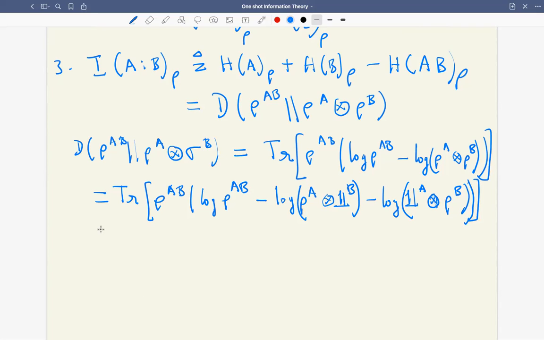Let's explain this step. This is because I know rho A tensor rho B is, this was the property of the Kronecker product of matrices. Hope you recall that. Do you recall this step? Yes. So I have this, and now